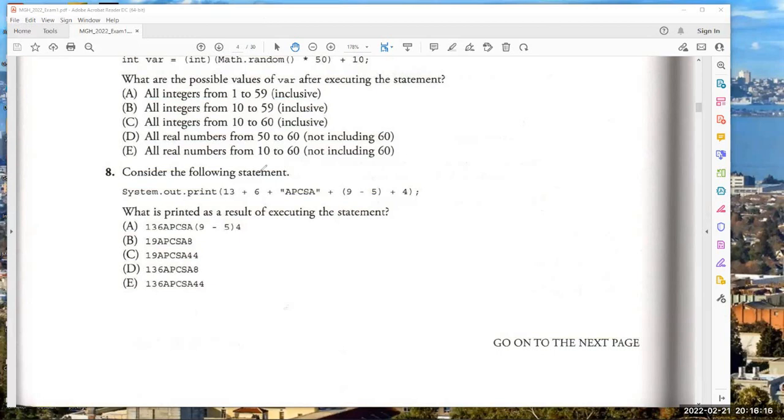time, okay? So number 8, we have this thing. This thing is actually print. So print, the first one is 13 plus 6. Remember, it is what? The dual. Integer plus integer become integer. So it is 19 plus APCSA, it becomes 19